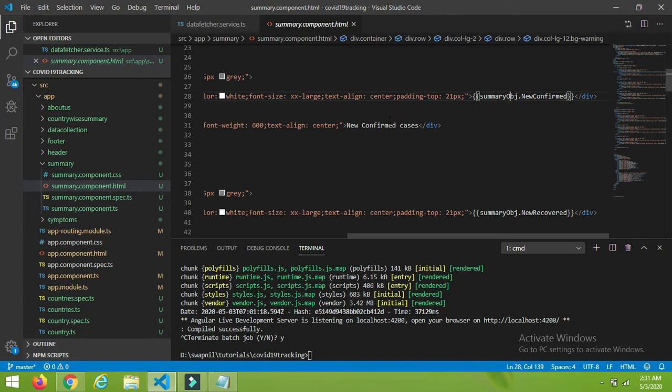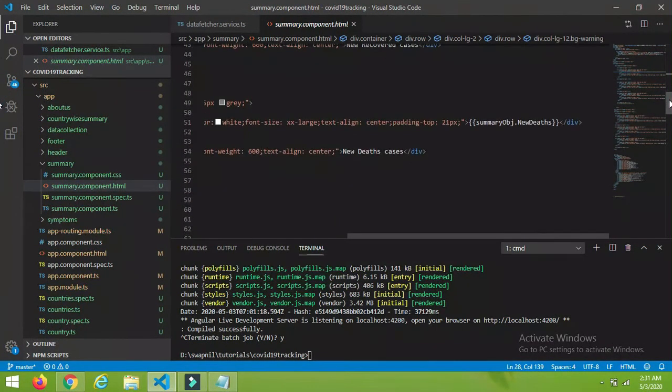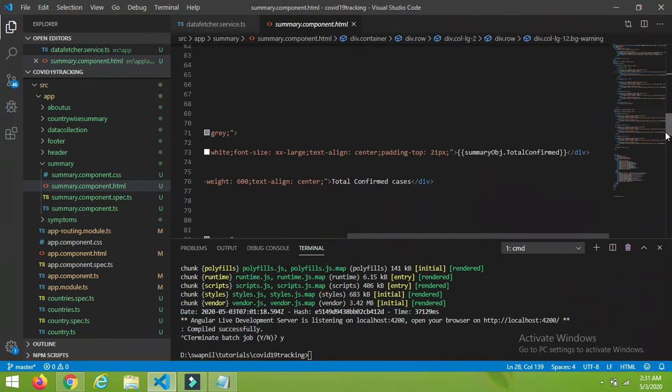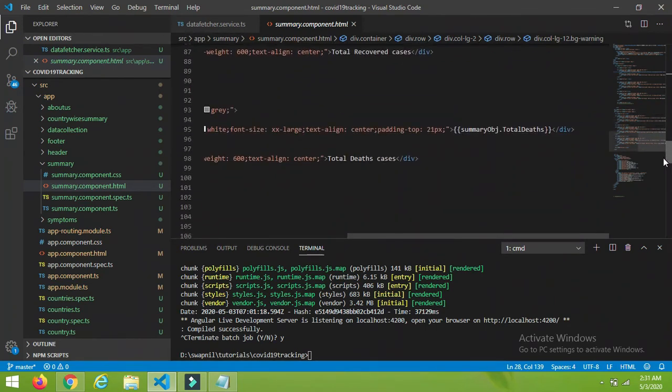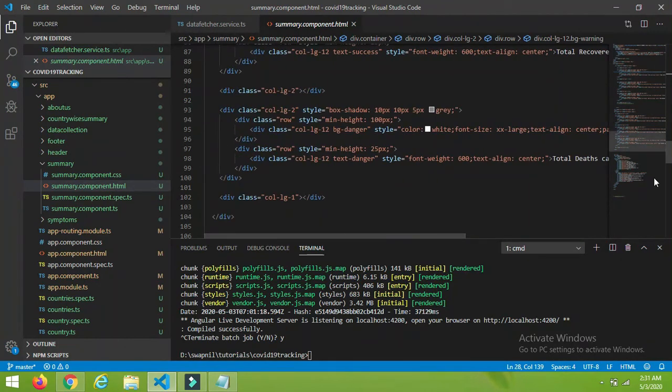And in the second row I have given the name as new confirmed cases. Likewise I have displayed new recovered cases, summary object dot new recovered, then summary object new deaths and new death cases. So I have displayed all 6 blocks here by using the summary object.